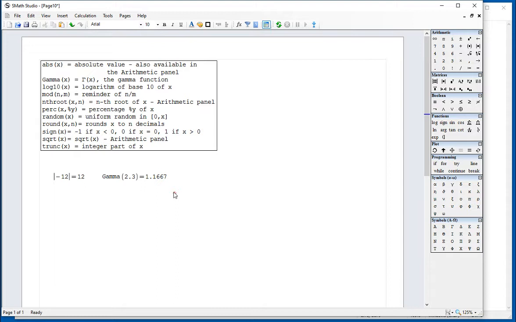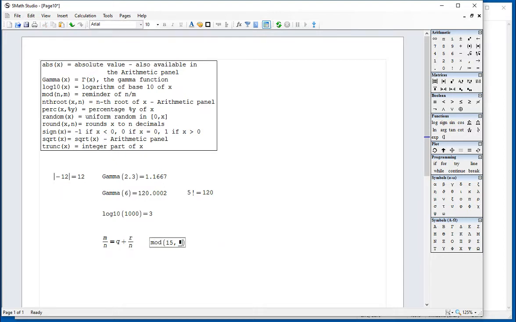These functions are simply typed into the document, and then you can apply the argument. I'm going to copy the names right here to present some examples in a new page. And the absolute value, you just have to type ABS and then enter the number, like -12, for example, give me 12. The gamma function is an advanced function